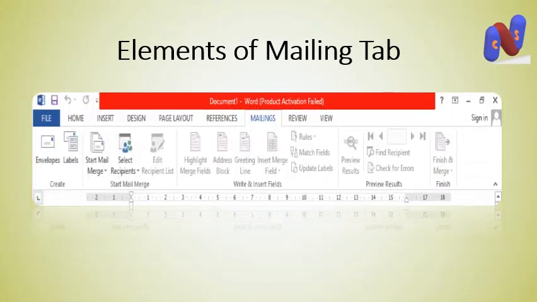Elements of mailing tab are, you can see here, we can create envelopes, labels. Start mail merge provides facility to create a mass number of letters by typing only a single letter. All the options are related to that.